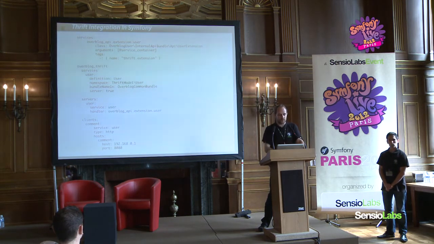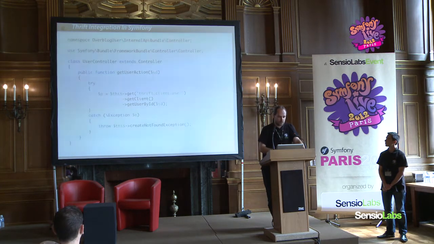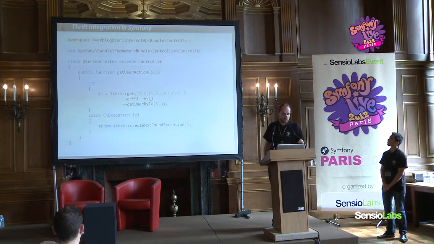And you jot down the definitions, and you declare the server. Now you declare the created service and client if needed. And now this is a client code, Thrift. Now this is quite simple. This is a controller, which we call a user. Now those are PHP methods, avoiding mistakes or errors.